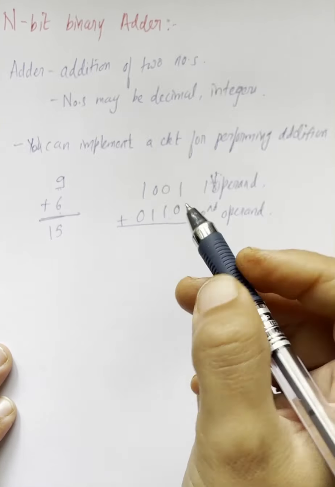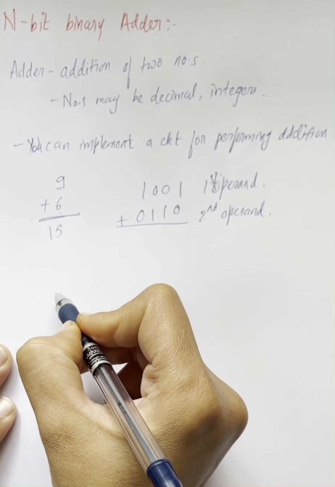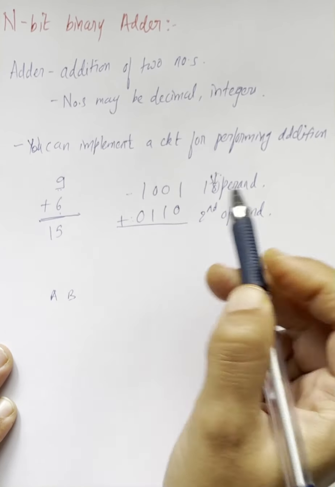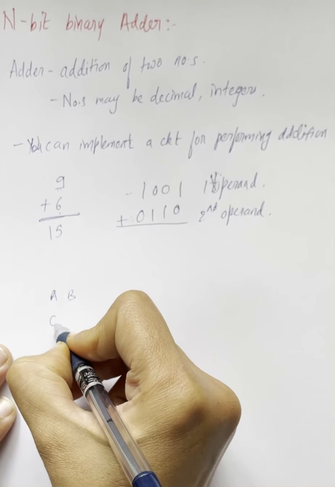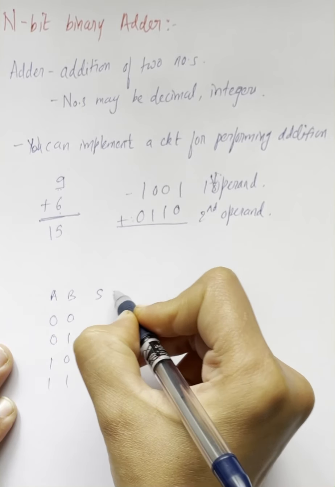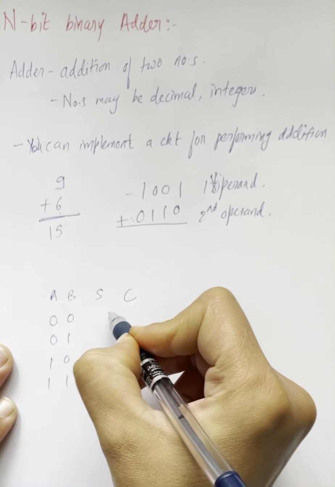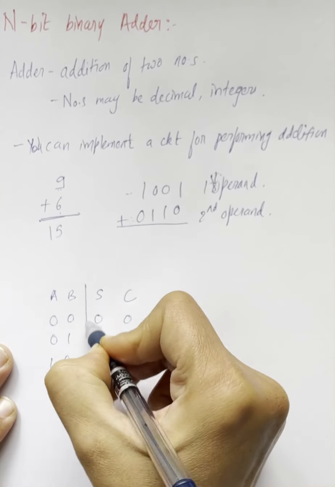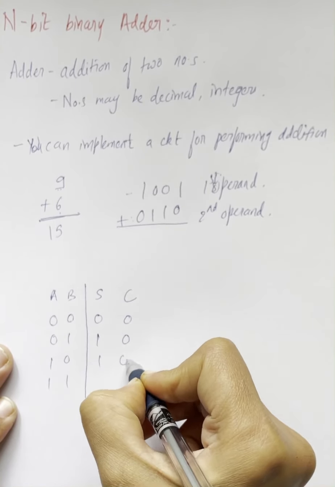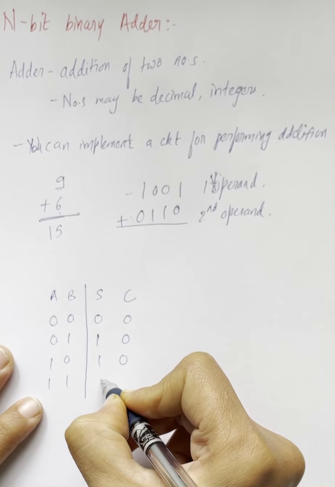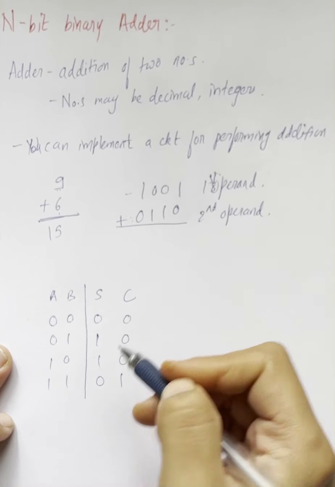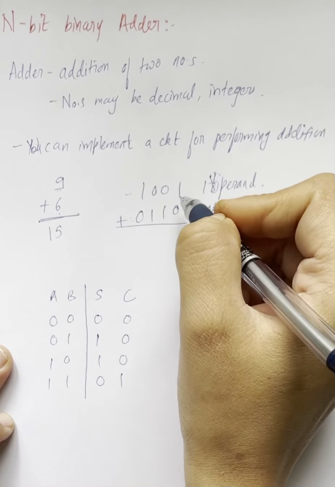So as you know, when we are adding two numbers, a and b, I'll consider the first operand as a and the second operand as b, right? So there are 4 combinations, and we'll get output as sum and carry. When both the inputs are 0 0, then sum will be 0 and carry will be 0. If one of the inputs from these two is 1, then sum will be 1, carry will be 0. Same here. And the last case is if both the inputs are 1, then sum will be 0 and carry will be 1, right? So these 3 rules we have to apply for performing addition of these two operands, right?